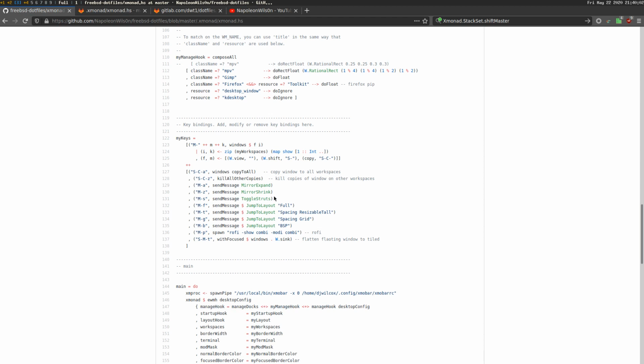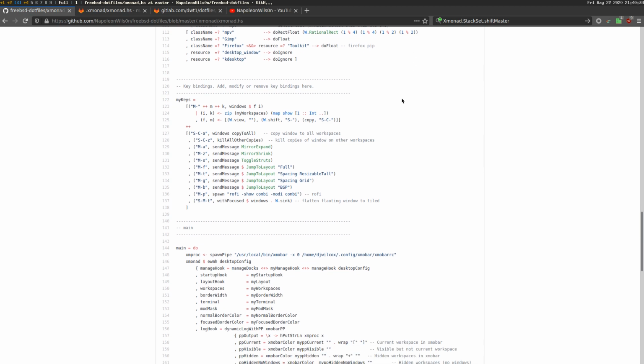Basically, no, it's my manage hooks here. I was looking at my keys because that's something else I need to cover as well. You can see here we've got MPV, doRectFloat, and this rational rect, and this basically sets the position of the video and the size of the window. So we've done that, and now the other thing is how do you get a floating window back into